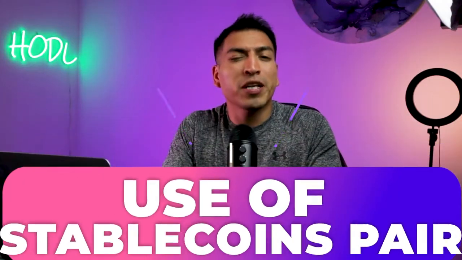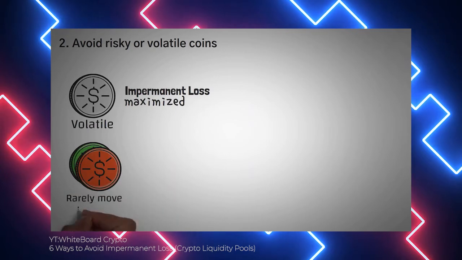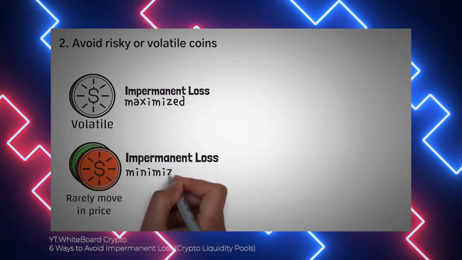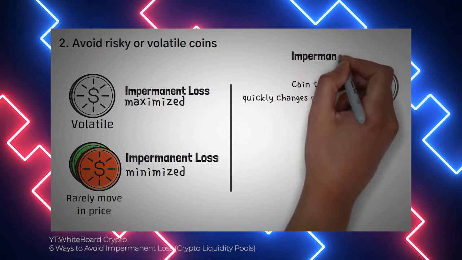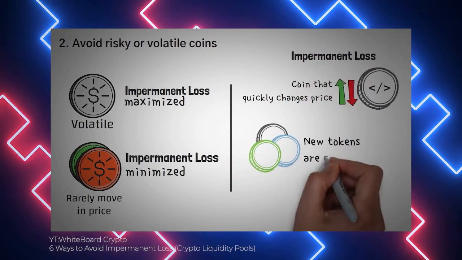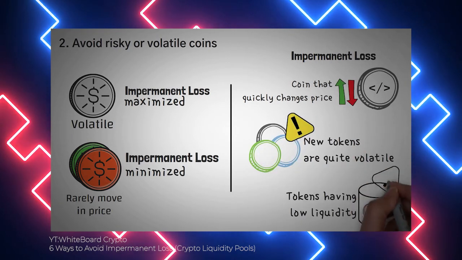A good option would be to try using stablecoins as a liquidity provider. If you want to avoid impermanent losses altogether, make 2 stablecoins liquid. For example, if you provide liquidity to USDT and USDC, there will be no risk of impermanent loss since stablecoin prices are meant to be, well, stable.